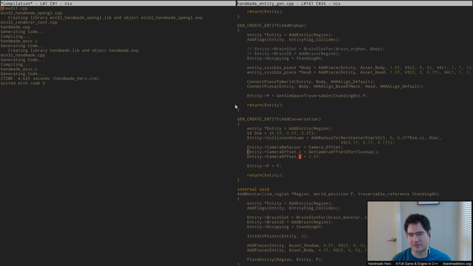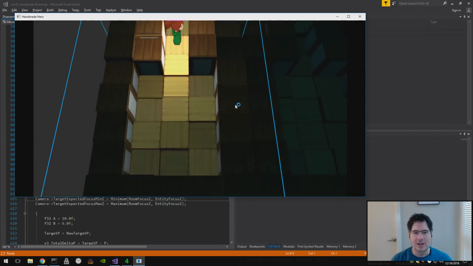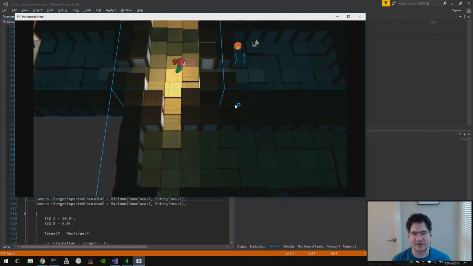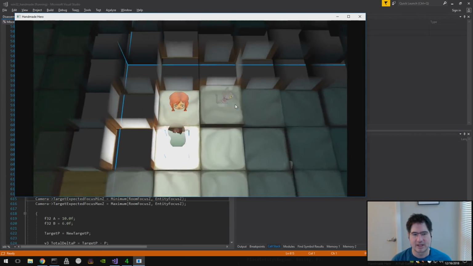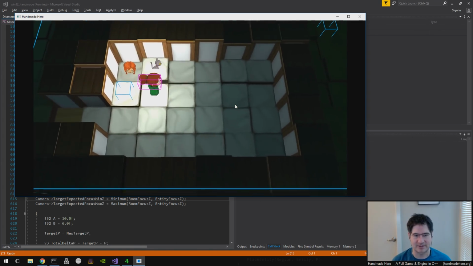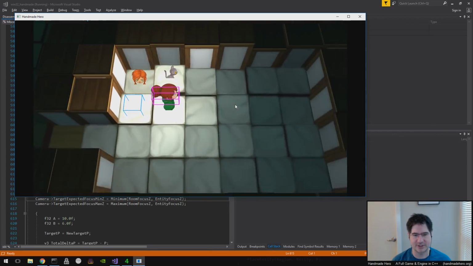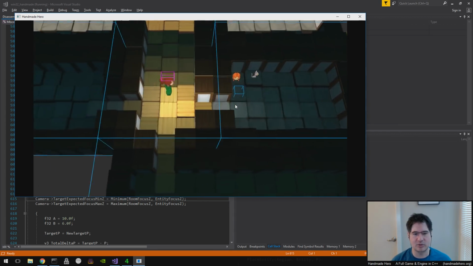And I don't remember whether this is a plus or a minus, so I don't remember which way we interpret the offset. But this would allow me to focus on the conversation offset a little bit more, like so. And that's really more the way I want it, because you want to see the person you're talking to, and you should kind of be at the bottom, right? So that's the kind of zoom that we're more looking for here. And once we've got that,